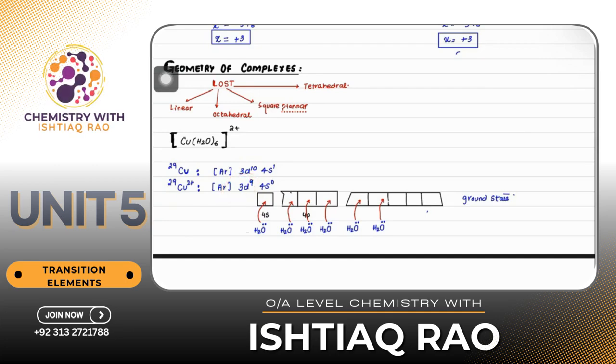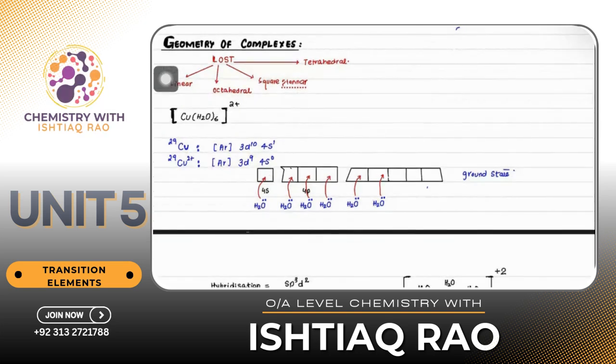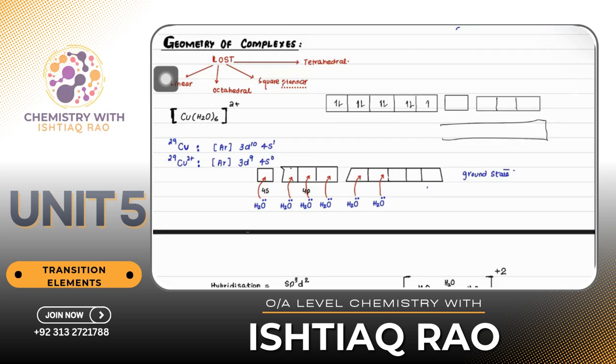3d9 means it has 9 electrons in a d orbital, right? So I can say in which you have 5 orbitals. One, 2, 3, 4, 5, 6, 7, 8, 9. After 3d, you have 4s. After 4s, you have 4p, right? After 4p, you have d subshell like that,